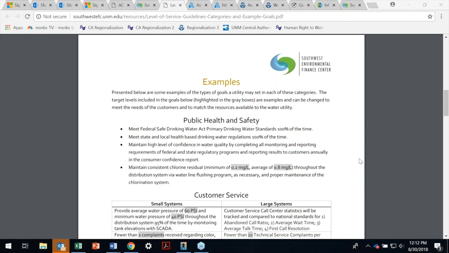And also, what I found when I worked with utilities is that many times they start with buying the software first and then end up putting the asset management program in place that matches this piece of software. So this software needs this kind of information, so I go get that. Instead of the other way around, putting my program in place first and finding software that best fits what I'm trying to do. I don't know how many times I've come into a utility and they tell me, I hate my software. And some of them are still paying for the software that they say they hate, and they're not using it.